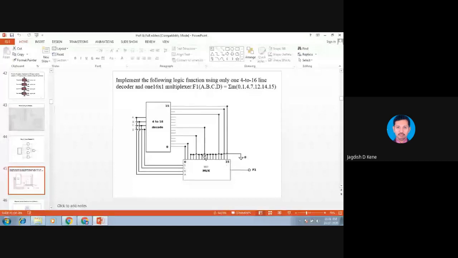So F will be generated, and again the select lines are common. As soon as the status changes, suppose this is 0, 0, 0, 0, Y0 will be active, and this is also 0, 0, 0, 0, so I0 will be active. Whatever the status of Y0, that is connected to I0, and I0 is connected to F. Clear to you?